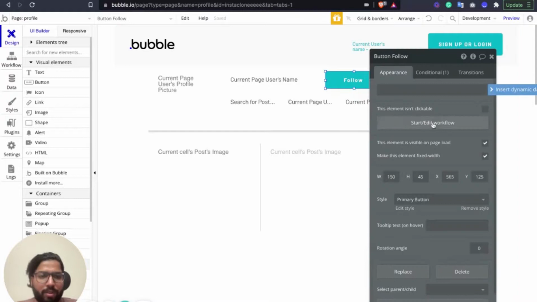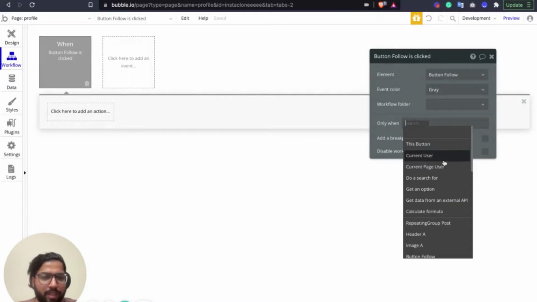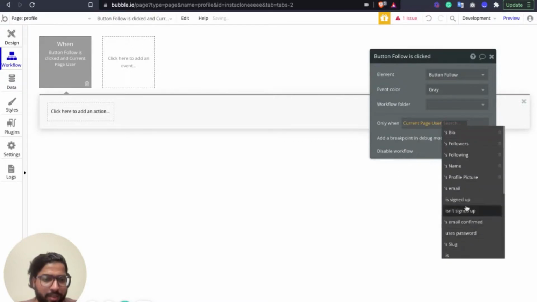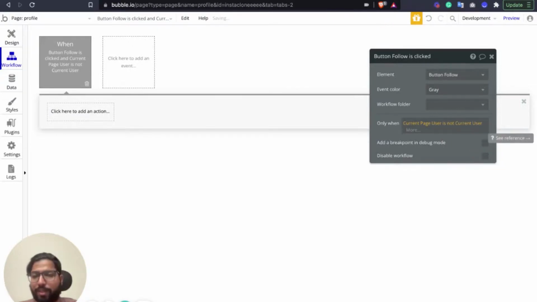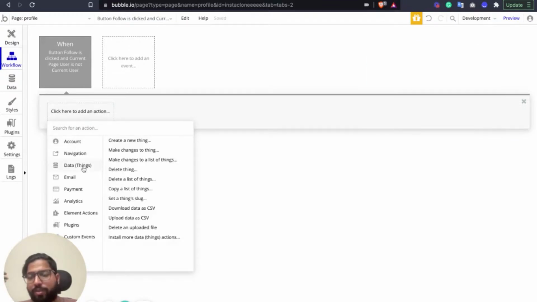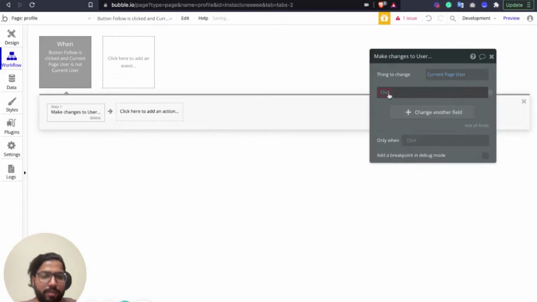So we're going to start a workflow saying only when the current page user is not the current user, we should follow the user. We're going to make changes to the thing: current page user's followers add current user. So whoever is the current user will be added to the follower list of the current page user.